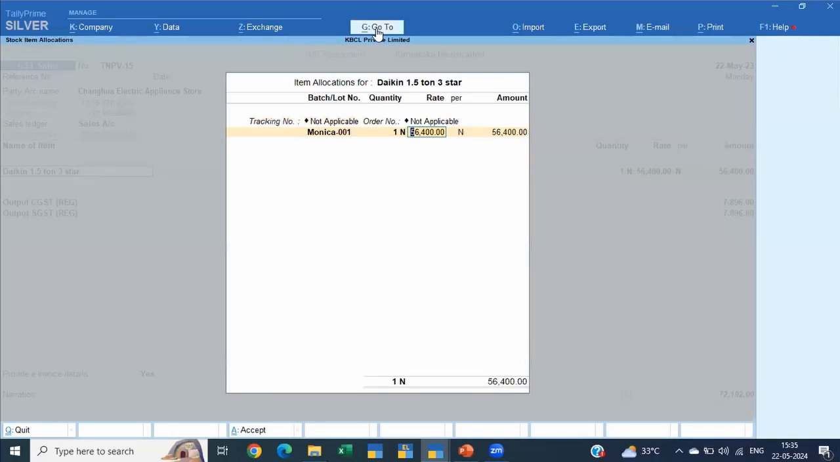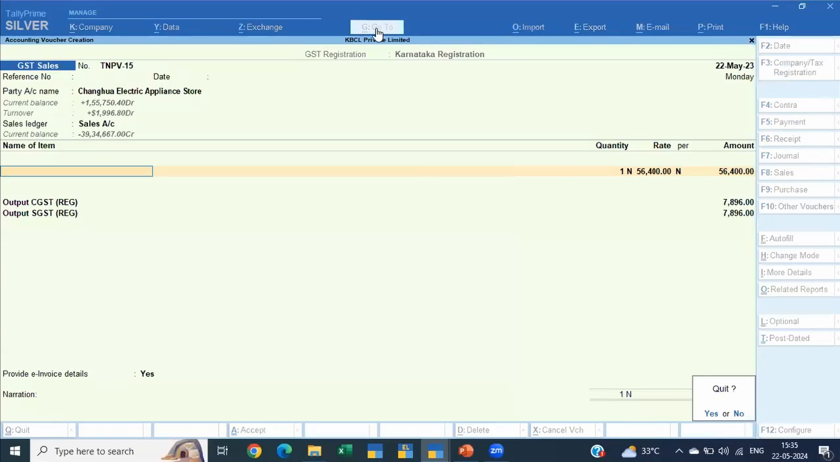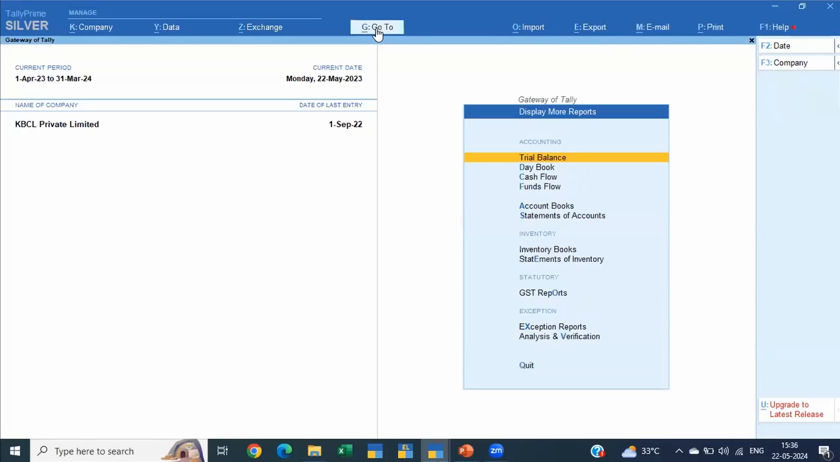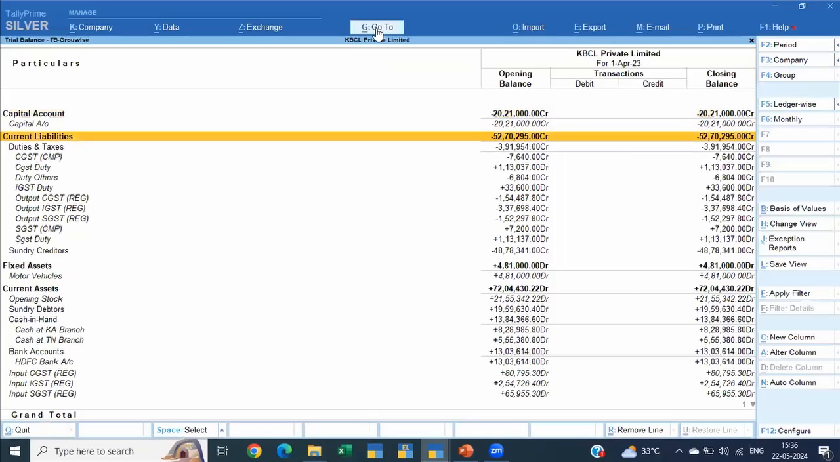Okay, so this was a very simple transaction. I'm not just saving it, but if you pass any transaction before that date, you will be able to see the earlier information. This is at company level. Let's go beyond it, a level down, where I was saying that you do it at ledger or group level. Now, if you look at the trial balance of this company,